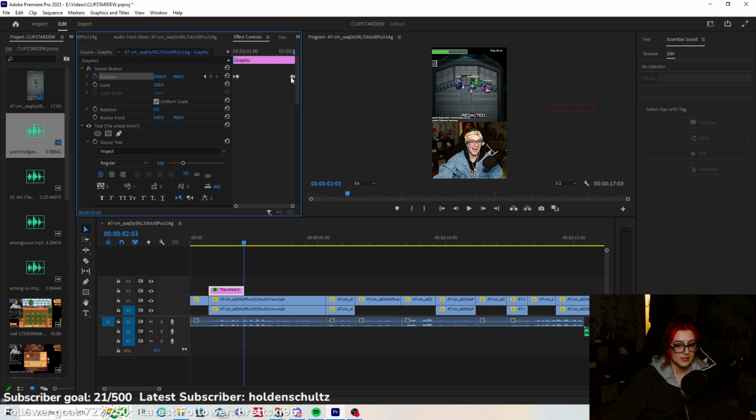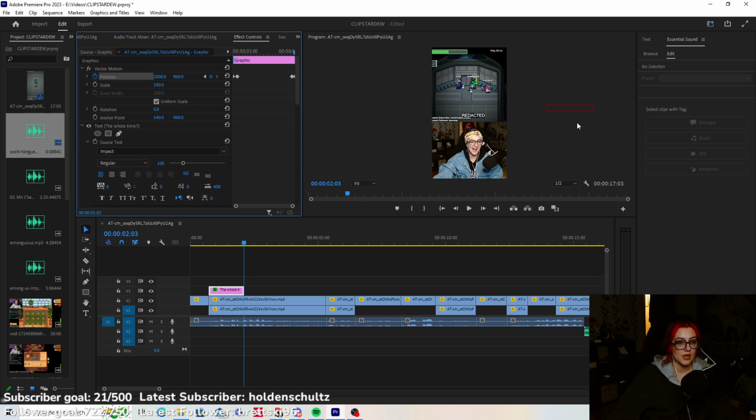From here to here, it stays on screen. From here to here, it goes off screen to the right. If this confuses you, please let me know and I will re-explain it. But that's basically what keyframes are, saying from this point to this point, I want this to happen. From this point to this point, I want this to happen. From this point to this point, I want this to happen.